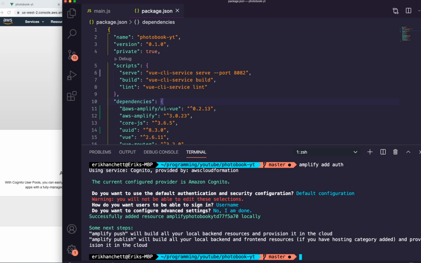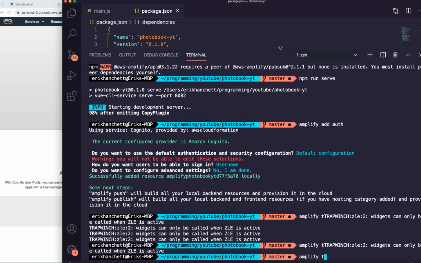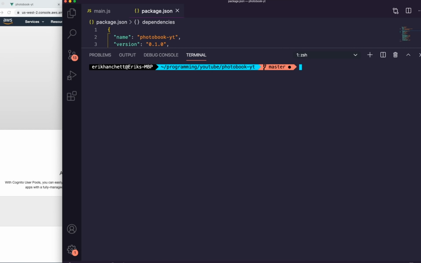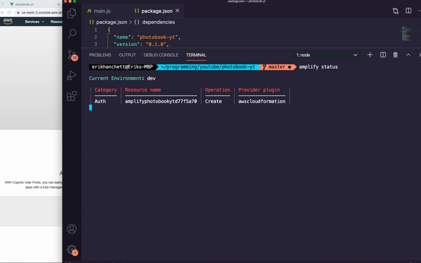Now, as it says right here, you have to type in amplify push, which will provision everything in the cloud. And don't worry about amplify publish. That's only used if you're hosting in the back end. So now if I do amplify status here, and I'm going to make this a little bigger so it's maybe a little easier to see, now I should see the provisioned auth that I just created. And let's see if we do. Cool. So you can see here's Amplify Photobook YT, and it has a create, and it hasn't been set up yet. So I'm going to do amplify push,